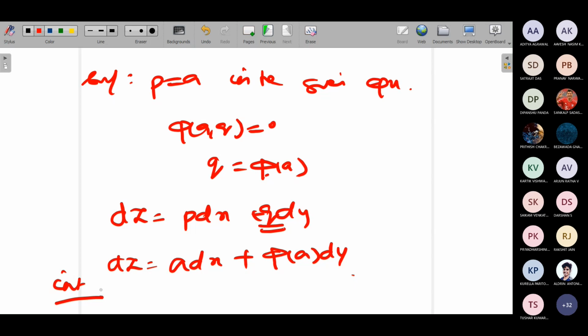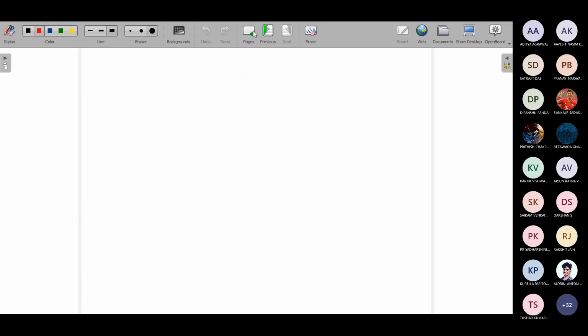So to find the solution, the complementary solution will generally have the form z is equal to ax plus by plus c. That you will ultimately get by this exact equation. So directly I'm giving you the exact equation so that it's easy for you to solve. You can just take down. We'll do some problems based on this. Before going into the problems, I just wanted to ask you a few questions. Can anyone tell me what type of equation is this?